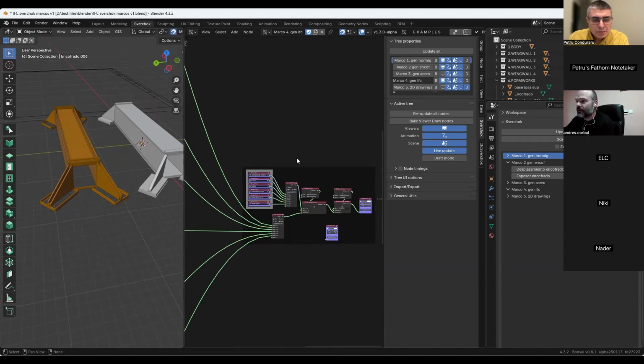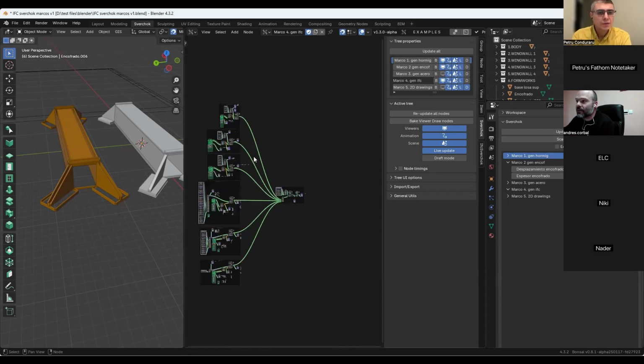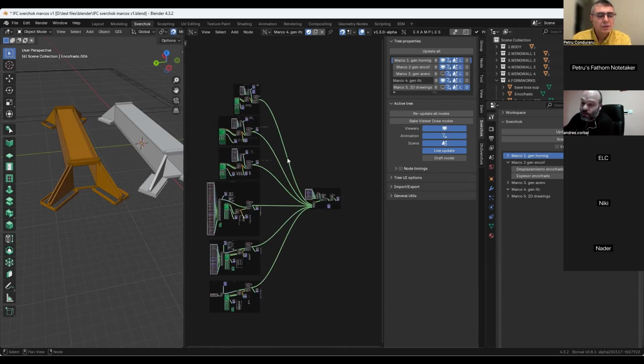You can configure what geometries go to what IFC classes or what folder you want to organize the IFC file. This is an exporter made by nodes, so you can configure it as you like.